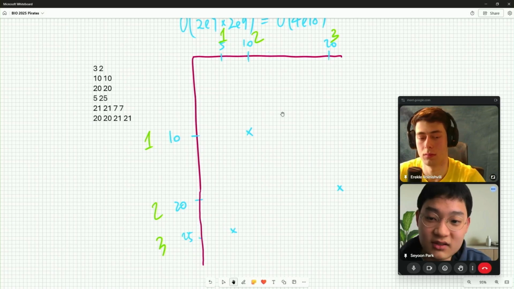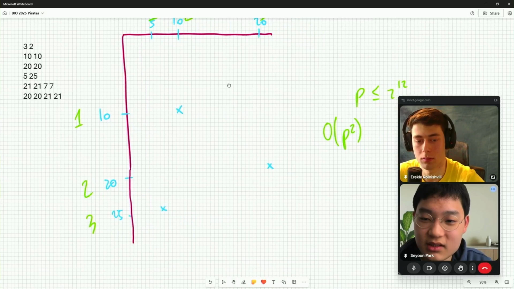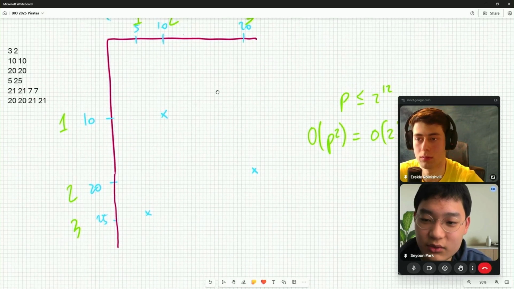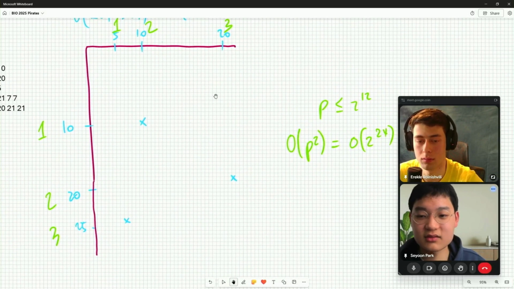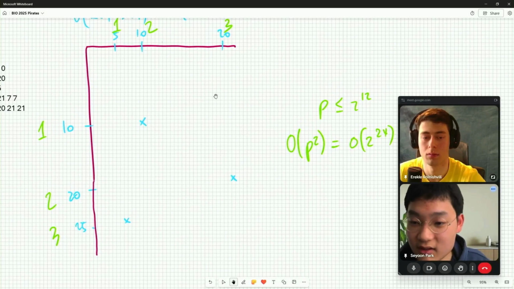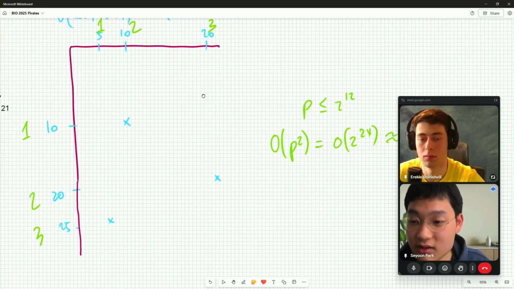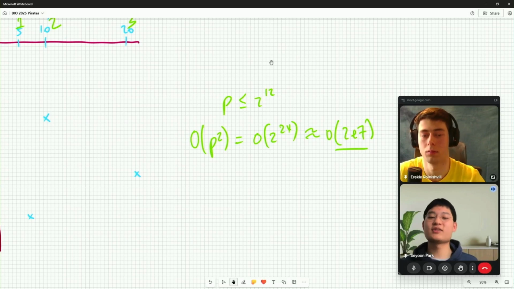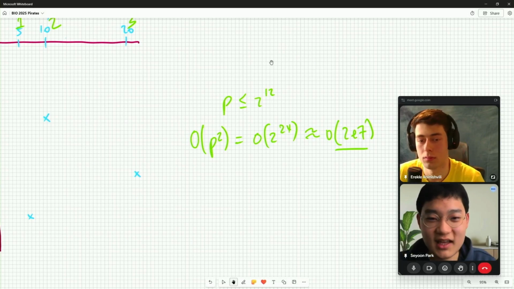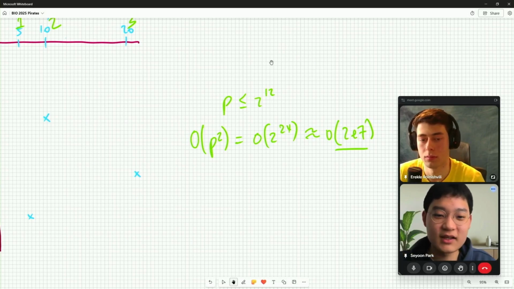So this will be at most p squared, which is 2 to the 24, which is around 2e7, I think. So that runs fast enough. So we just need to compress the coordinates and then do prefix sums on them.